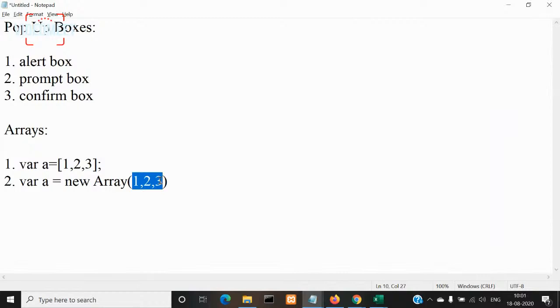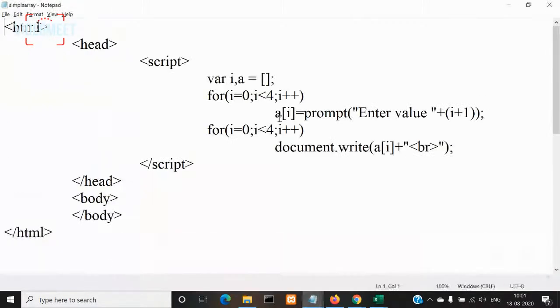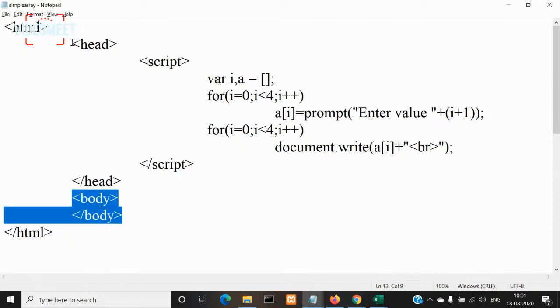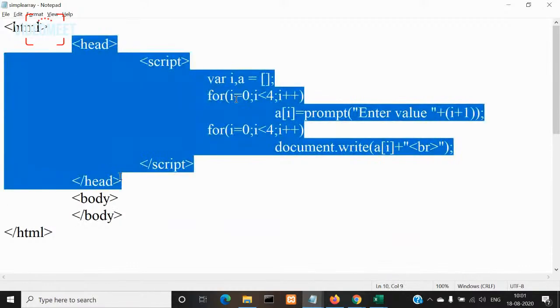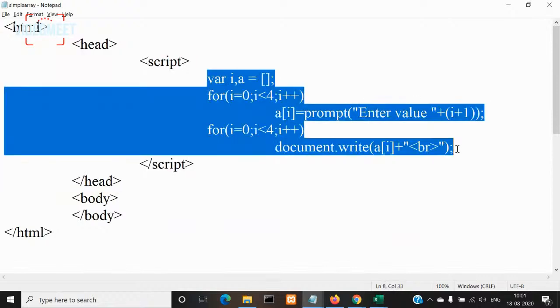Let us see both these ways and how to use them to create arrays in our JavaScript programs. Let us begin with a simple program, a simple array. Look at this program. I didn't write any HTML tags here in the body section. Just in the head section, I have written a script. How is this script going to be executed, when is it going to be executed? The question is for